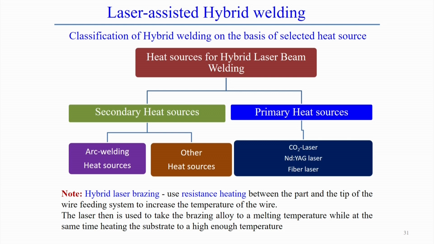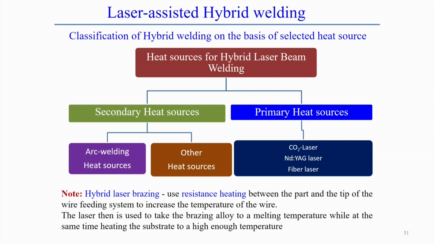Just we can see one example, the hybrid laser brazing process. In the case of hybrid laser brazing, generally resistance heating between the part and the wire, the brazed wire, is used. So that resistance heating occurs within the wire, and that increases the temperature of the wire. But at the same time, a laser melts that brazed wire and also supplies the heat to the base material. So, these are the typical mechanisms of the hybrid laser brazing process,